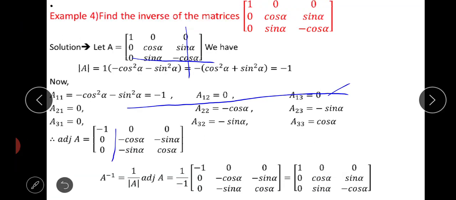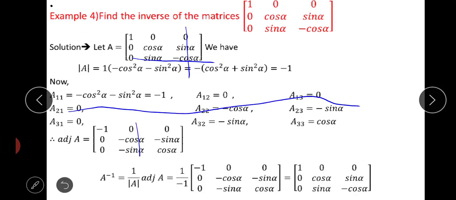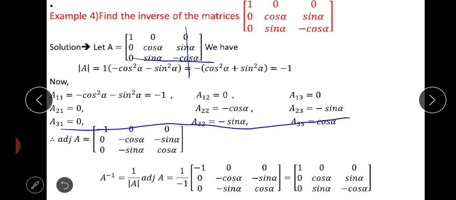Then write the second row in terms of the second column: 0, cos alpha, minus sin alpha. Then the third row in terms of the third column: 0, minus sin alpha, cos alpha. Therefore A inverse is equal to